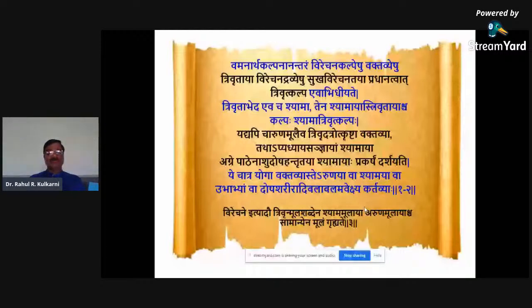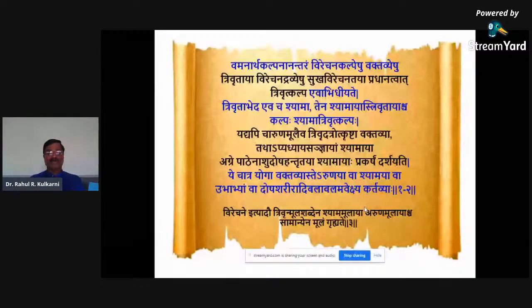Now we have two types of Trivrut here. One is Shama and another one is Trivrut. Shama has different features in its Mula, whereas Trivrut has different features in the Mula which we collect and use. Aruna Mulai Trivrut Utkrushtaha Vaktavyaha Tatha Api Adhyaya Saudnyas Shamayaha. So it is called Shama in case of this chapter. Agre Pathena Ashudosha